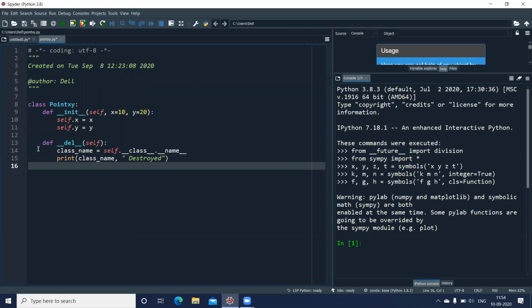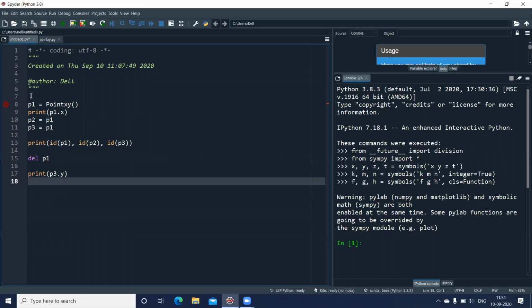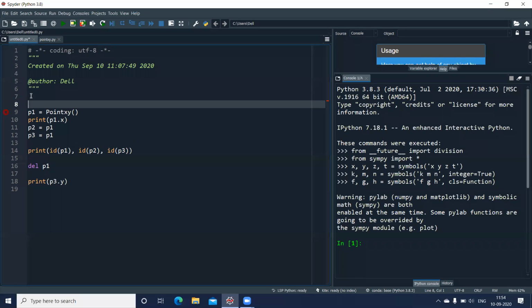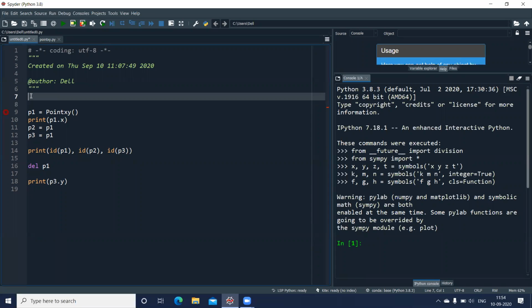Okay, and let me save this. The name of my file is pointxy.py. Now, whenever I want to make use of this class from a different file, the first statement which I'll be giving is the import statement. Okay, so I need to import this file.